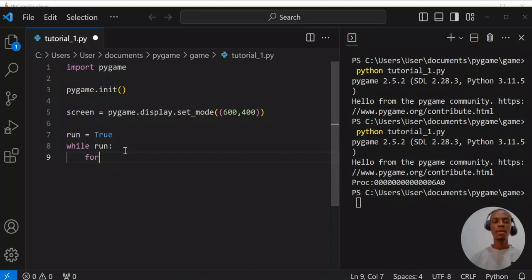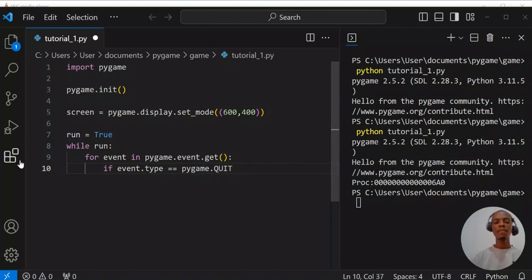So we can say for event in pygame.event.get. This is going to check if there's any event for us, and if there is, it's going to execute the event when a particular action happens, and we are going to define the action now. So we say if event.type is equal to pygame.QUIT. So we are saying that if the event is equal to quit, Pygame quits the program for us,